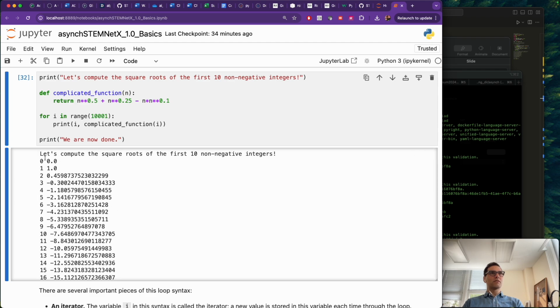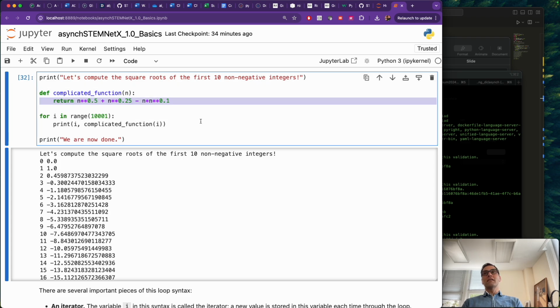Yeah, it's a weird function. Starts out positive, goes negative. I guess it starts positive and then goes negative. Might be interesting, might not. It's a complicated function. It's still a very, very simple type of calculation